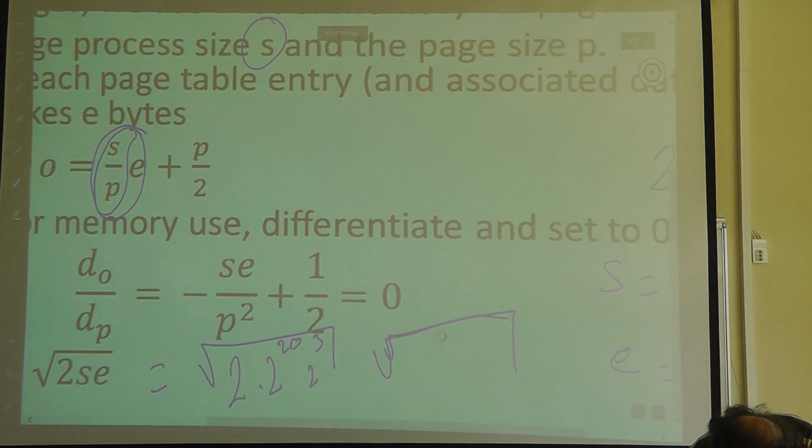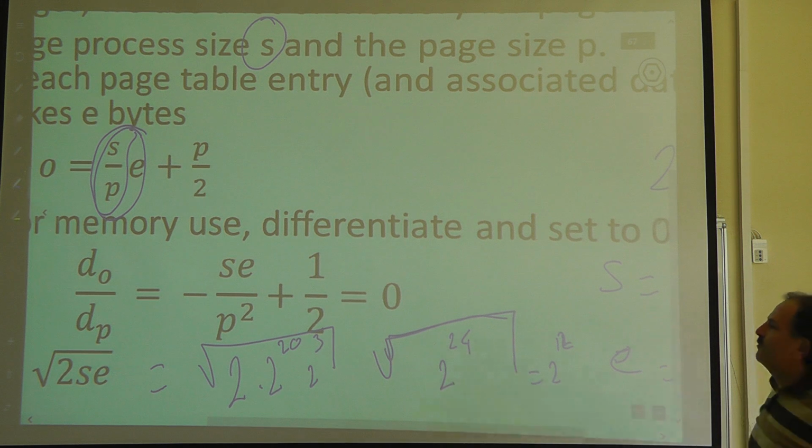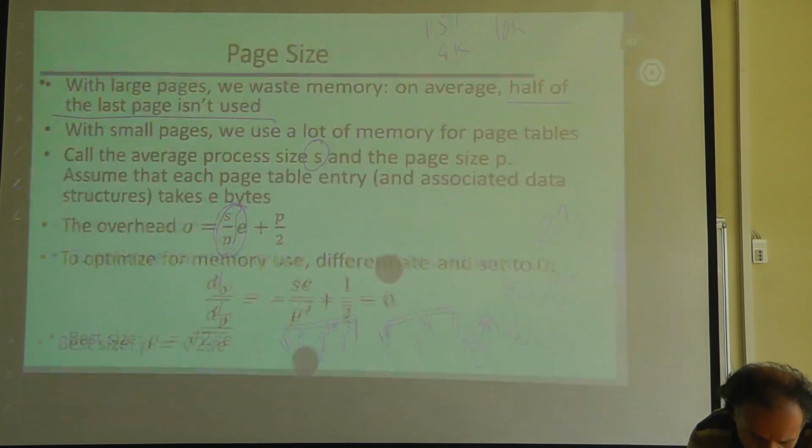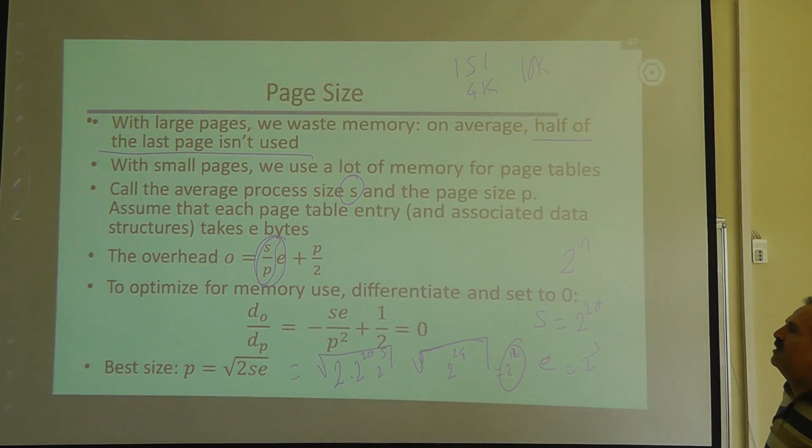It is 2 to the power 24. So what would you get if you take the square root of it? You take half of it, 2 to the power 12, right? So 2 to the power 12 is how much? 4 kilobytes. Say that this formula says that my page size should be 4 kilobytes with these kind of numbers, and these